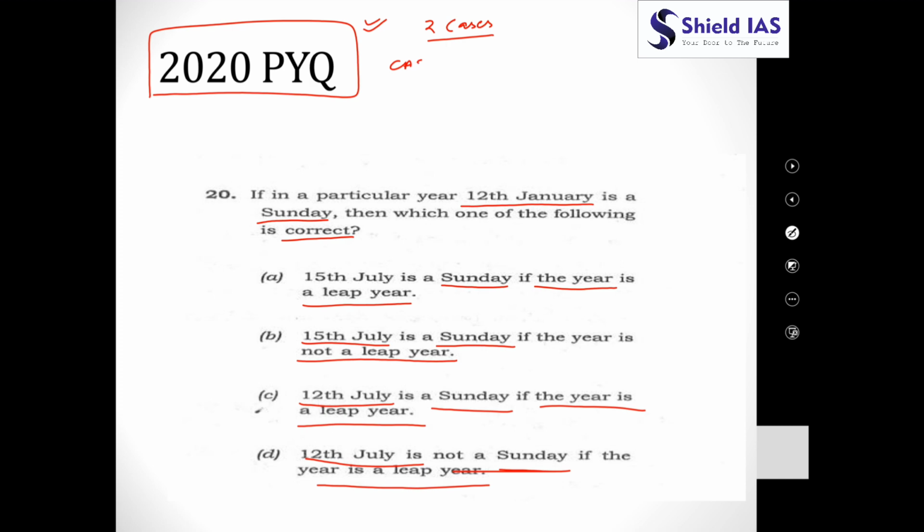Case 1, that year is a leap year. If the year is a leap year, what we have to do? We have to take the February month as 29 days, right? Okay. So 12th January